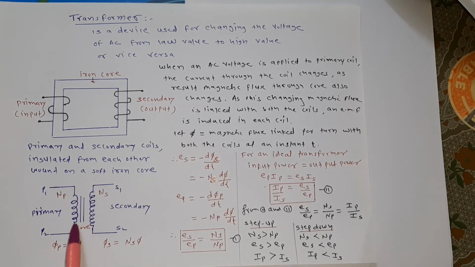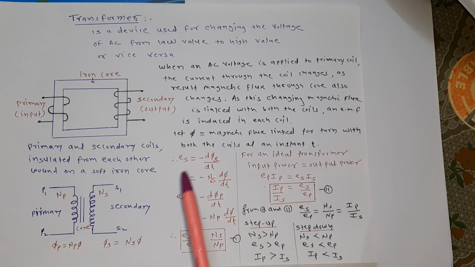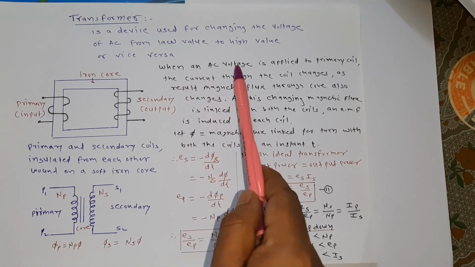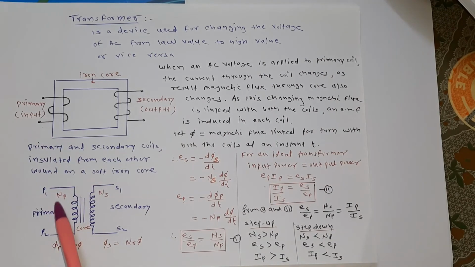This is a primary coil, this is a secondary coil. AC voltage is applied to the primary coil, and we are getting output at the secondary coil. Now let's see what the concept says. When you apply the AC voltage to this primary coil,